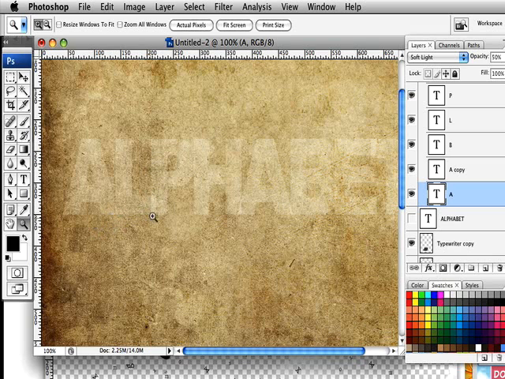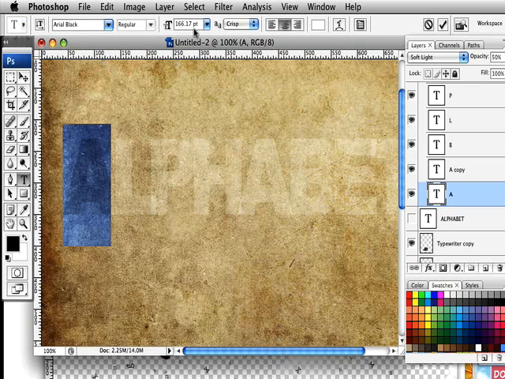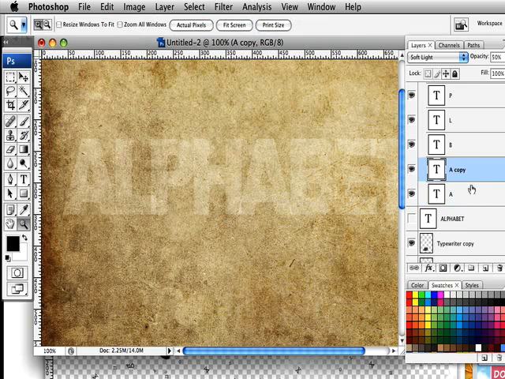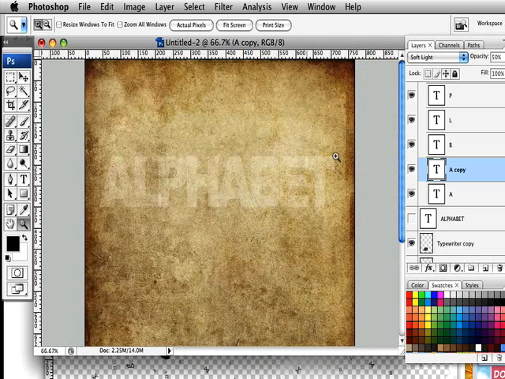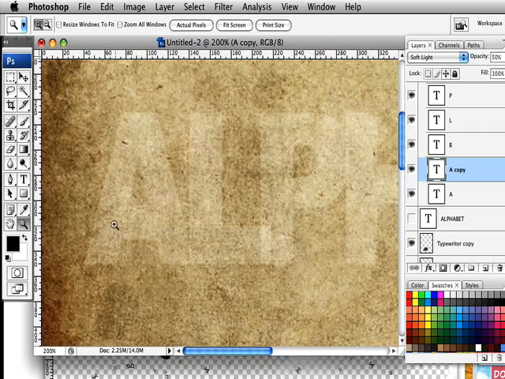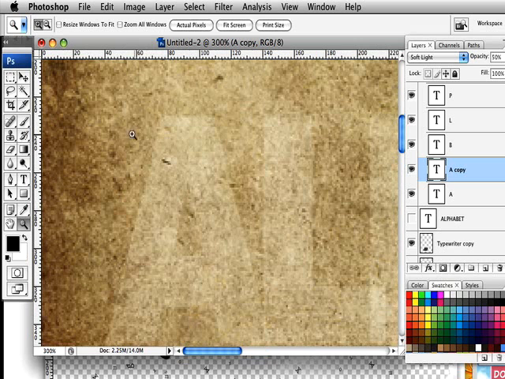In fact, the L's are slightly overlapping the P, and so if I double click on them, we've got Arial Black set to 166.17 points, and that's kept nice and crisp. So I just copied the A across for here, and then just built up the word itself. They're all set to soft light with an opacity of 50%. Now the next thing to do is to zoom in onto your letter A, and using this as a guide,